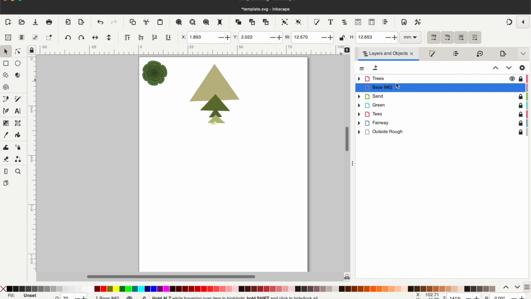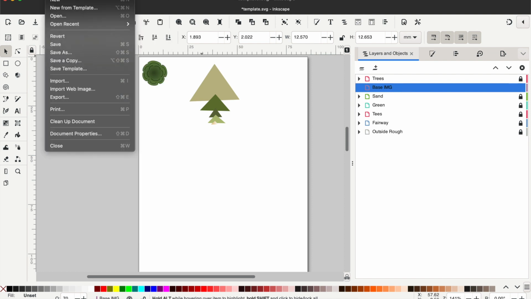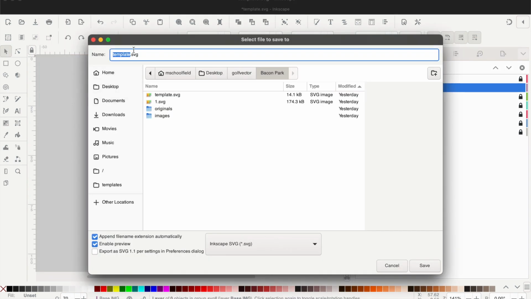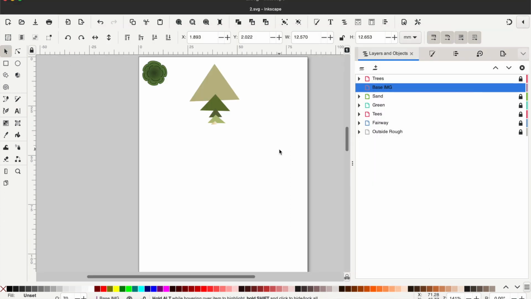All right, so the first thing we got to do is rename the file. So we don't want to overwrite our template file, so we're going to turn that into hole number 2. And then the second thing we're going to do is import